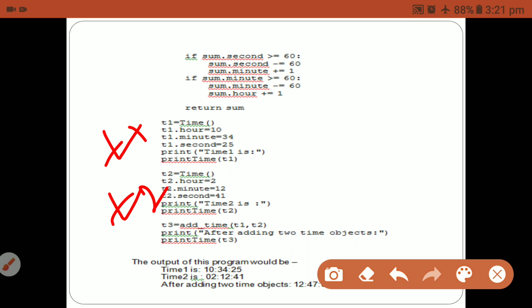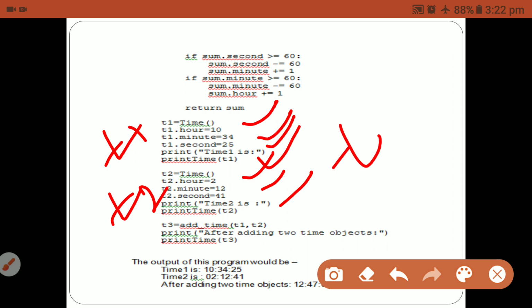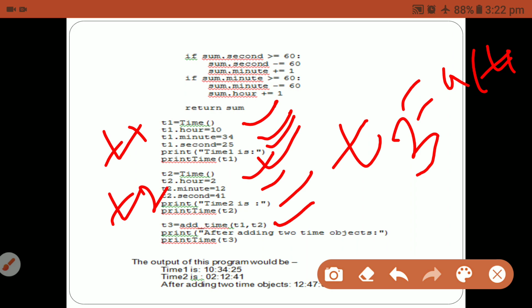Next take t1 and t2: t1 equals Time, t2 equals Time. Take the hour, minute, as well as seconds, then print them. Same for the second: hour, minute, seconds, and print them. Then call one more object, t3, with t3 equal to add_time(t1, t2).